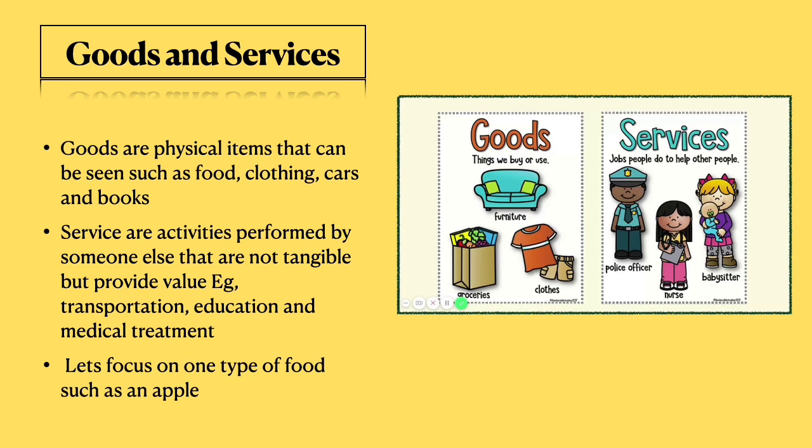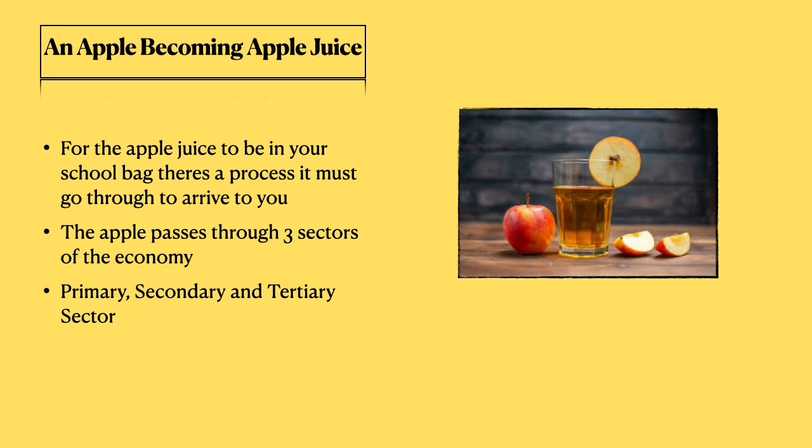Since the topic is sectors of the economy, we're going to be focusing on a type of food, which is what we call an apple. Some of you have apple juice in your bag. Do you know how it ended up arriving there? Okay, so for an apple to get to you, to get to your mouth, to get to your bag,